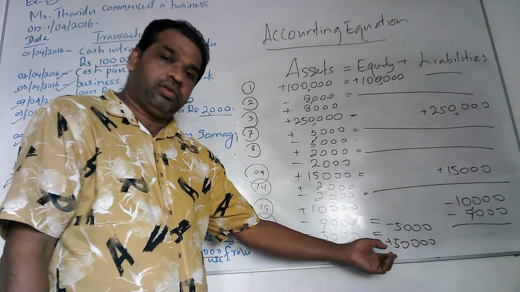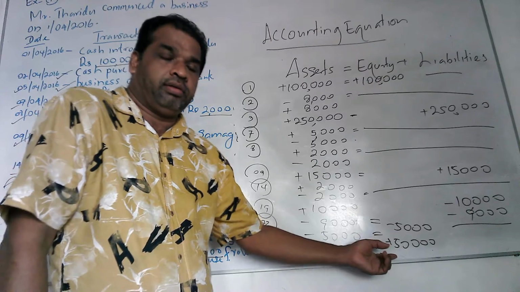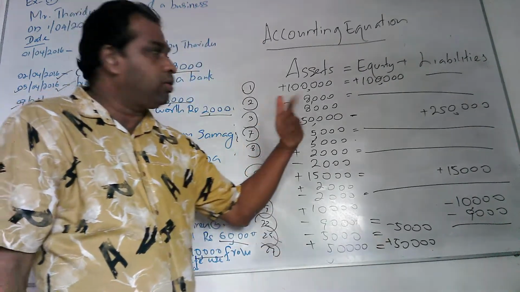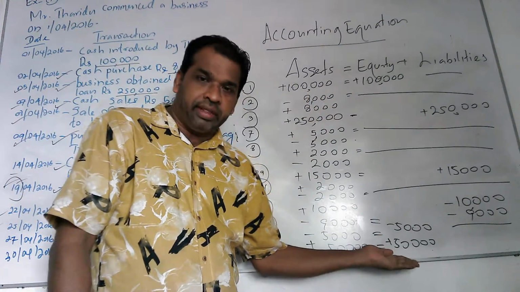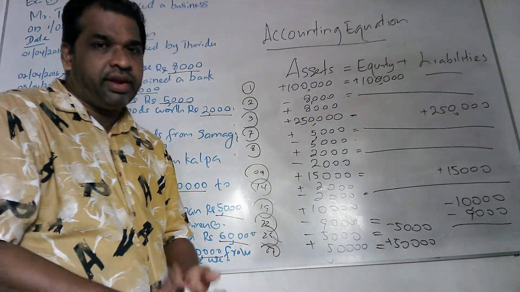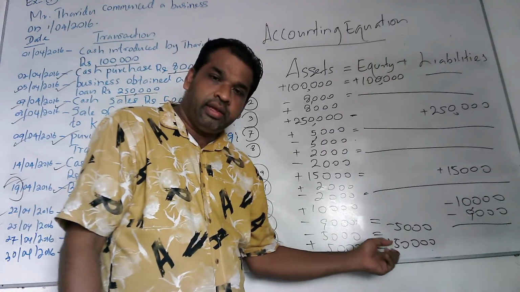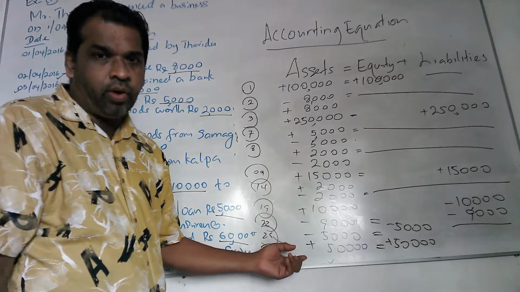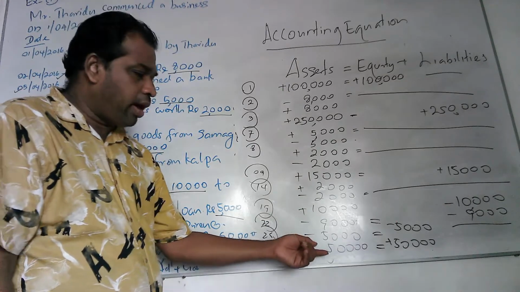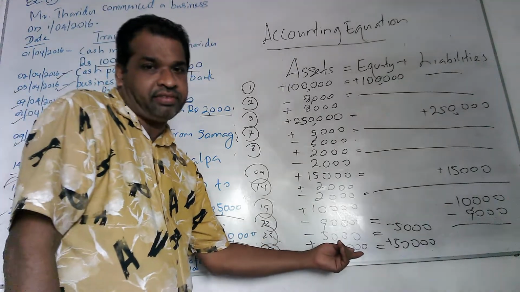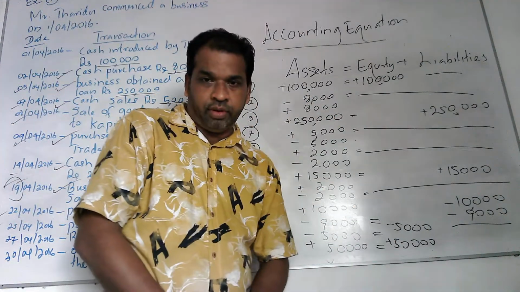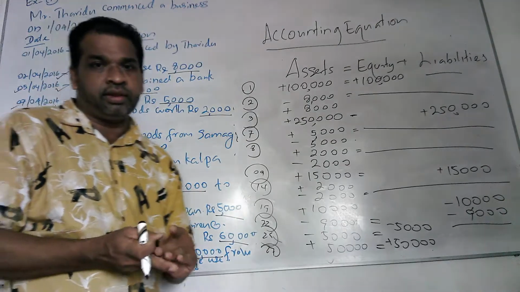Because finally we take profit by taking the difference between income and expenses. Profit goes to the owner or equity. Therefore, if you are given an income, you can add that income to the equity and also to assets. If you have got the income in cash, you have to record it under assets, that is 60,000 rupees under assets, and under equity 60,000. Because of an income, there will be an increase in equity.